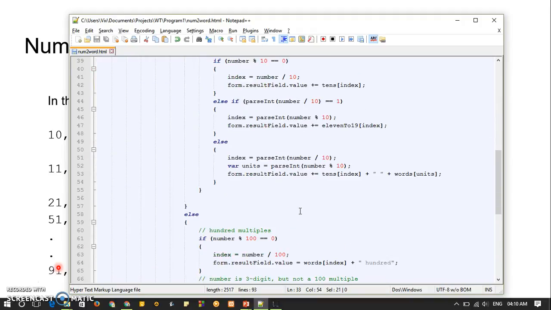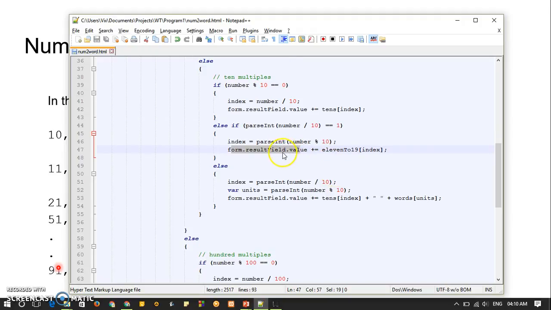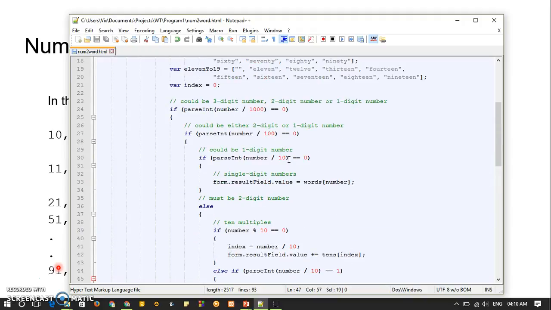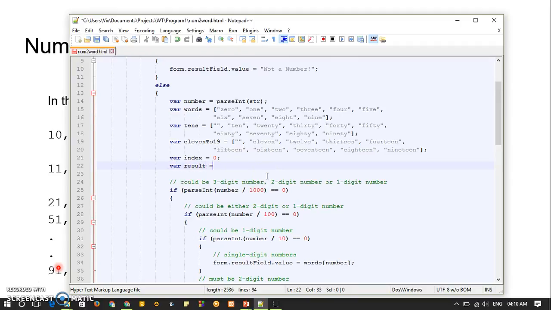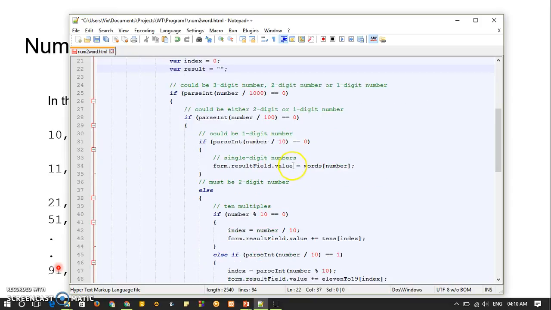Not only that, we are using something like receiving the field value from result and then appending it to whatever is the new value. So basically we are every time receiving the value from the current result field and then appending it with the new one. Instead of doing this kind of job, we can make a separate variable, let us say, for a result and give it the string value, so to make sure that it is appended with other strings. And every time you give this kind of thing, here you will write